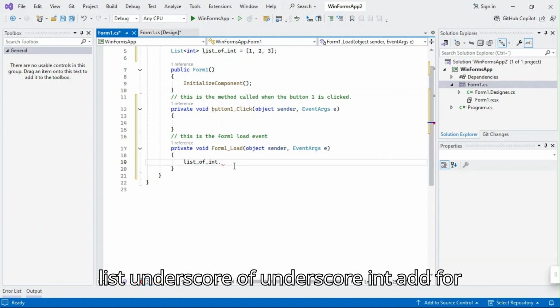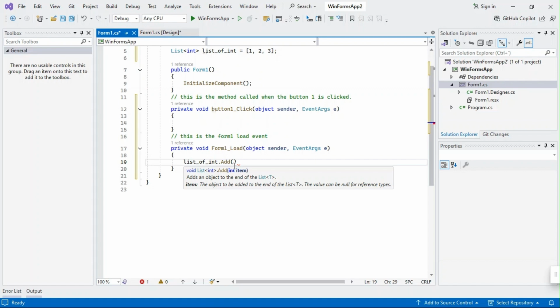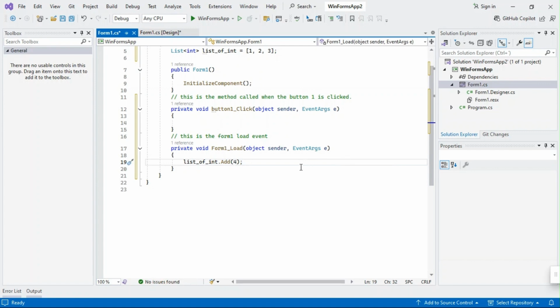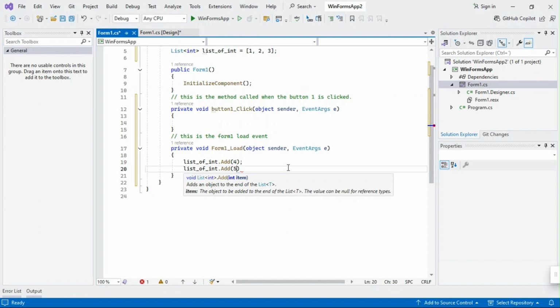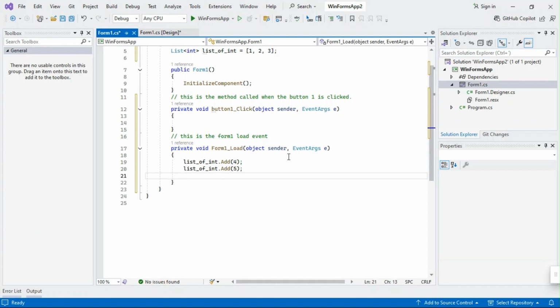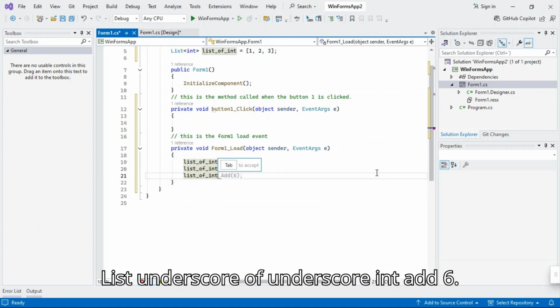List_of_int.Add(4); List_of_int.Add(5); List_of_int.Add(6);